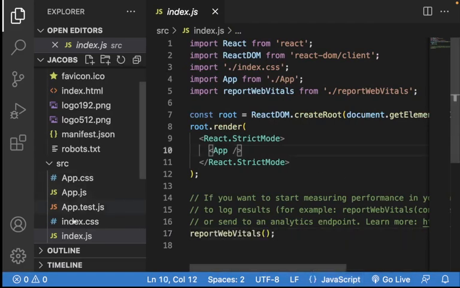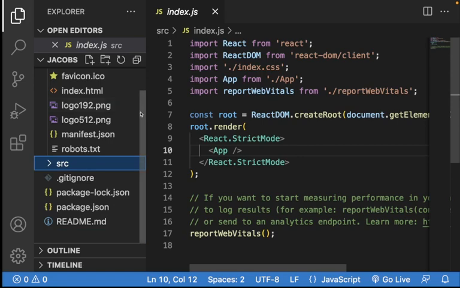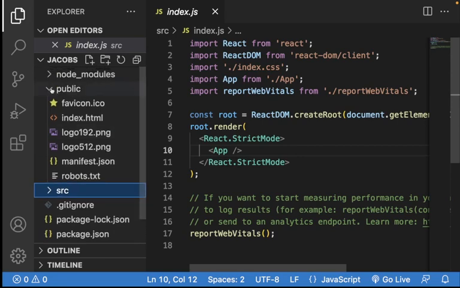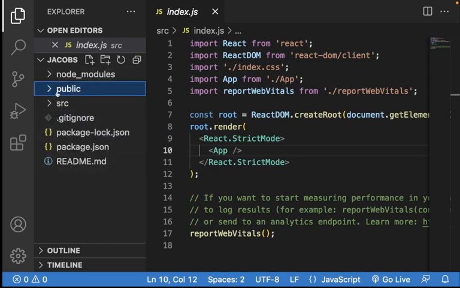Next is... I've discussed the public folder, right? Yes, sir. Then I've discussed this index.html file also. Now this index.html file gets its contents from this SRC folder. There's another folder here called SRC. Can we see the SRC folder? Yes, we can. So this public folder, especially the index.html file specifically, gets its contents from this SRC. SRC stands for source. So the source of what will be displayed in the public folder